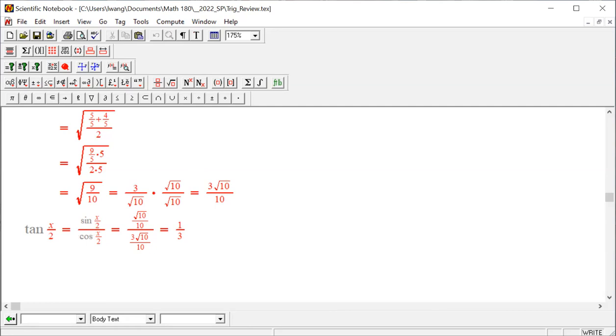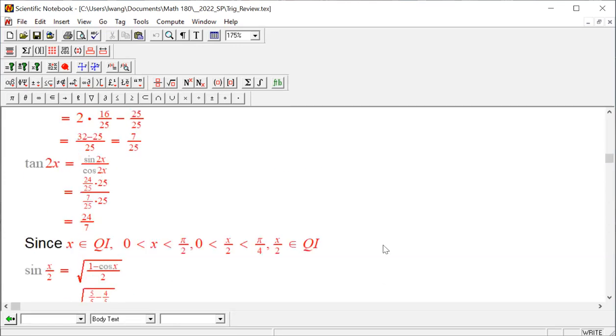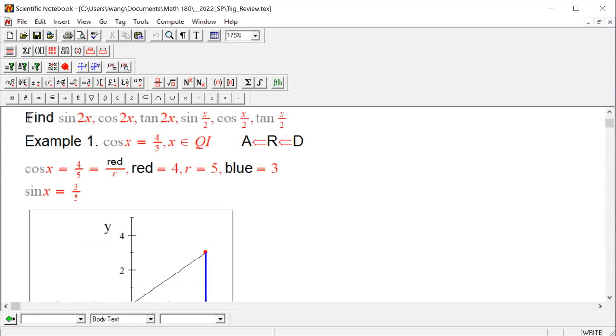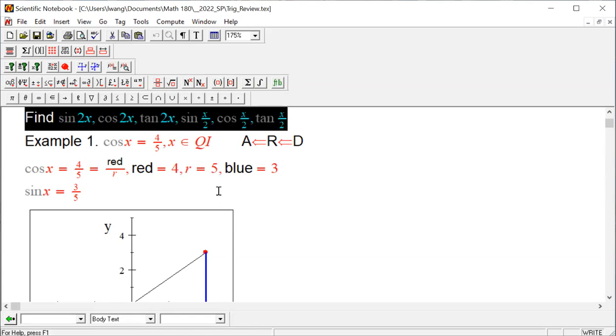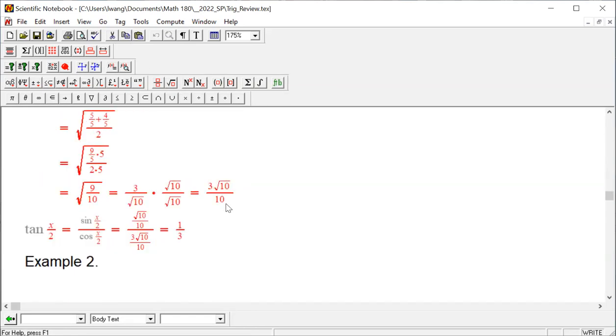And for the next one, I like to choose a question that has a negative sign, and the quadrant is going to be the fourth quadrant. So this one I'm going to use is the same question, the same title. We want to find all of these. But what's being given is that